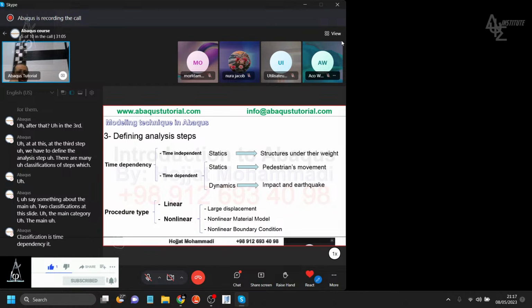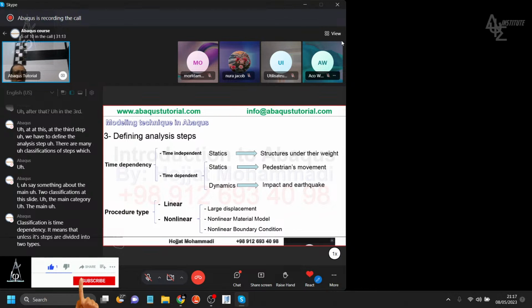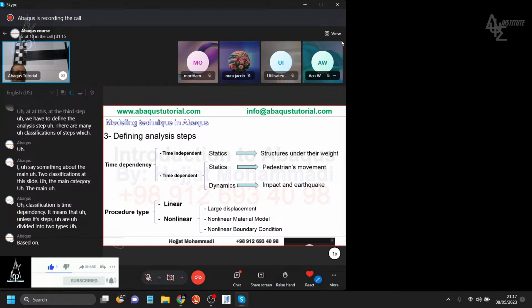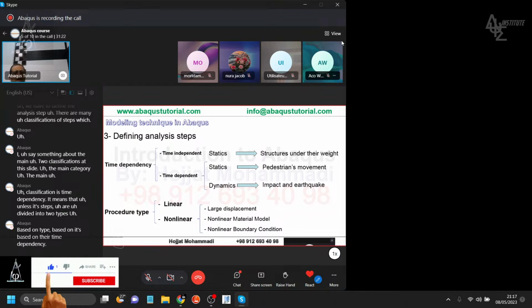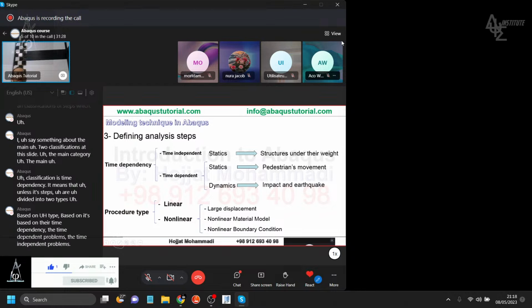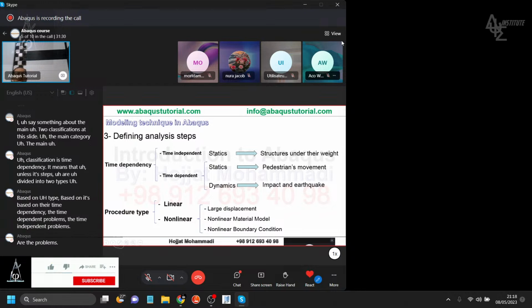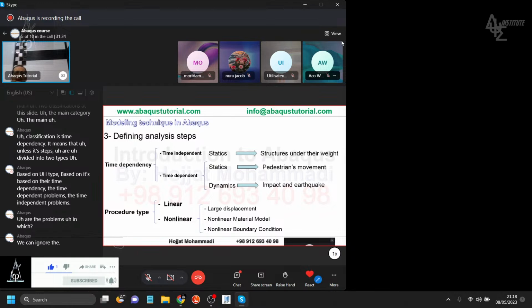It means that analysis steps are divided into two types based on their time dependency. The time-independent problems are the problems in which we can ignore the impacts